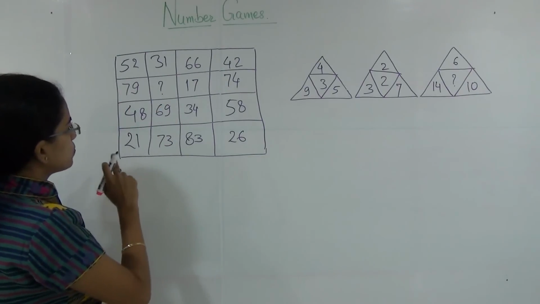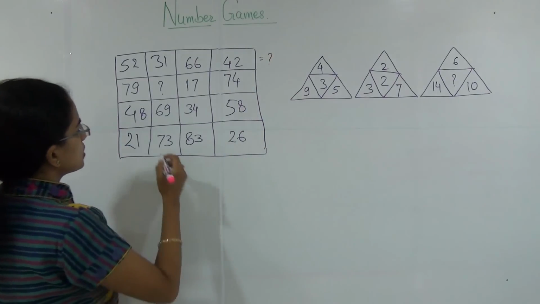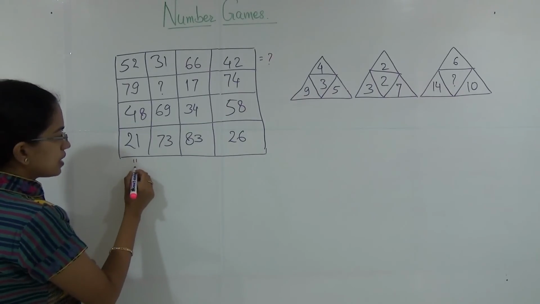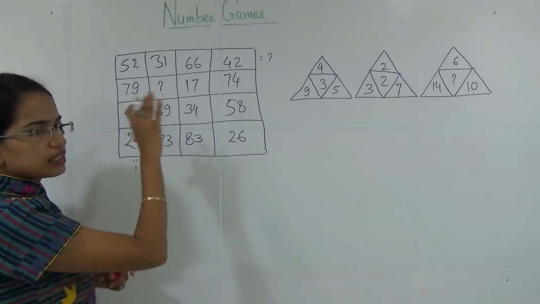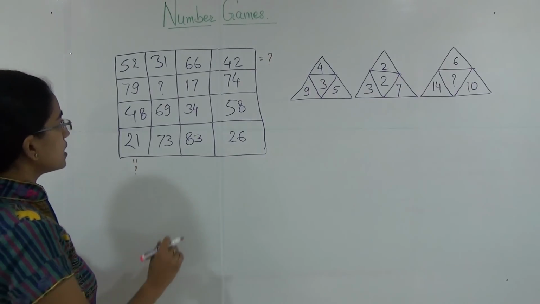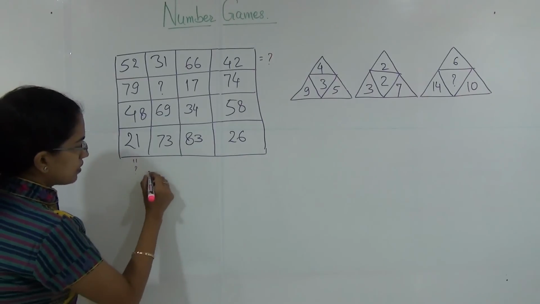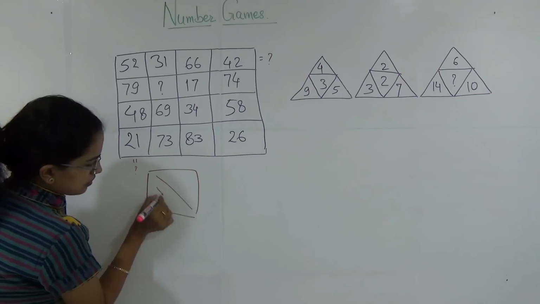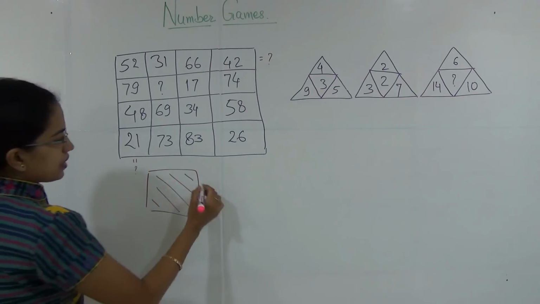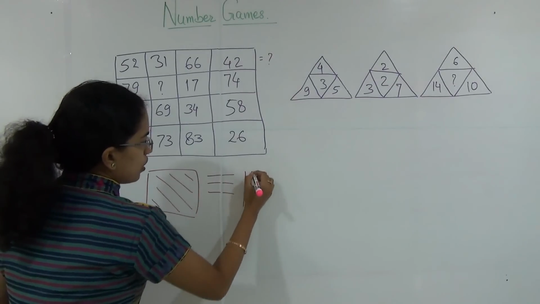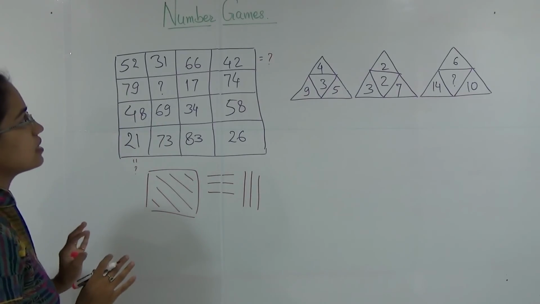Most of the students would try to either sum up the rows and find out the total here, or sum up the columns and find the total here. That is one of the most conventional methods used in the questions on number games. The other method is calculating or totaling the values diagonally. So if you have a question, you can calculate the values diagonally and these values should have some kind of relationship, or you can do a horizontal total or a vertical total.